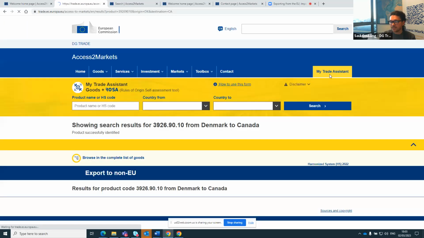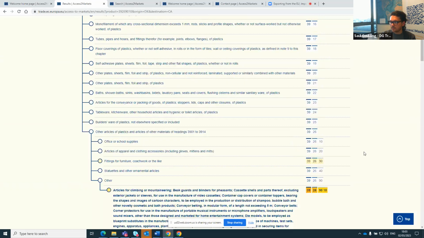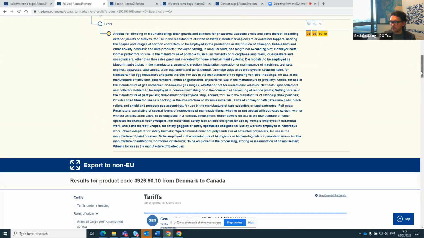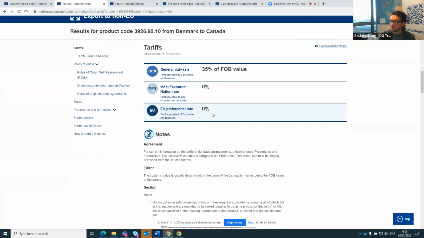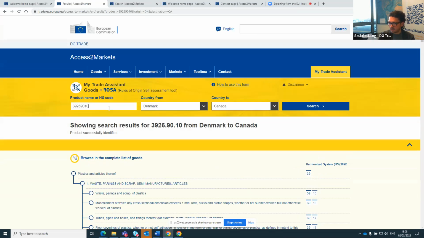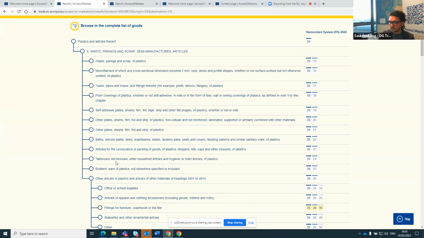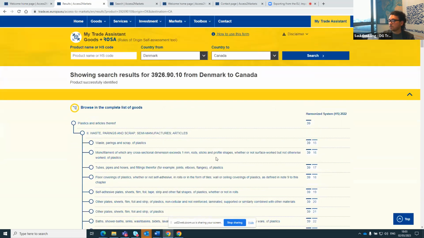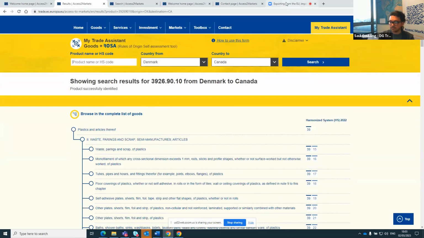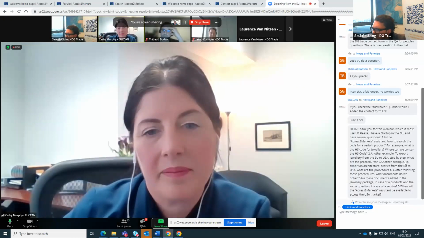Say, for argument's sake, it's this one. And they would be able to then see, sorry, one moment. You will be able to see all of the preferential rates, the tariff taxes, etc. So to answer their question, you don't even really need the HS code per se. You just need a product name, and through the HS tree, as we call it, you will be able to find the one that best suits your need. I don't know if there's anything else. I just want to have a quick read of the question.